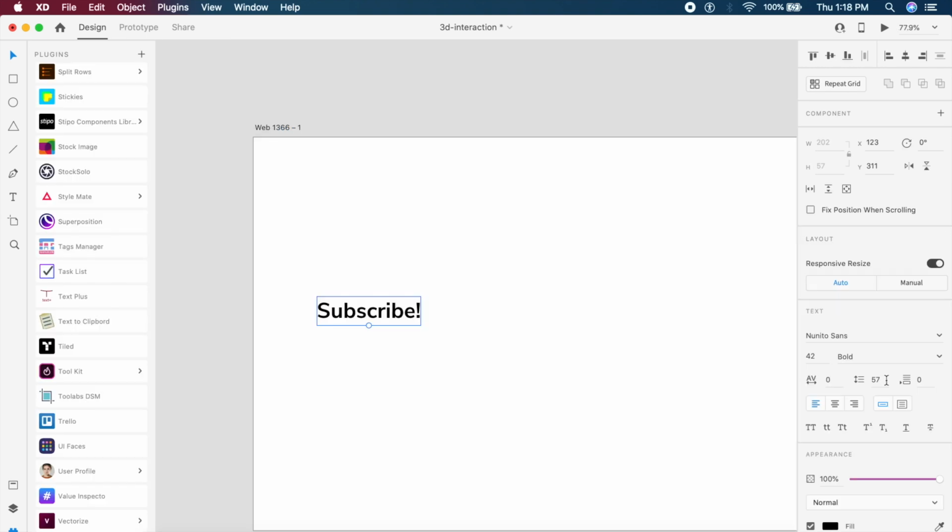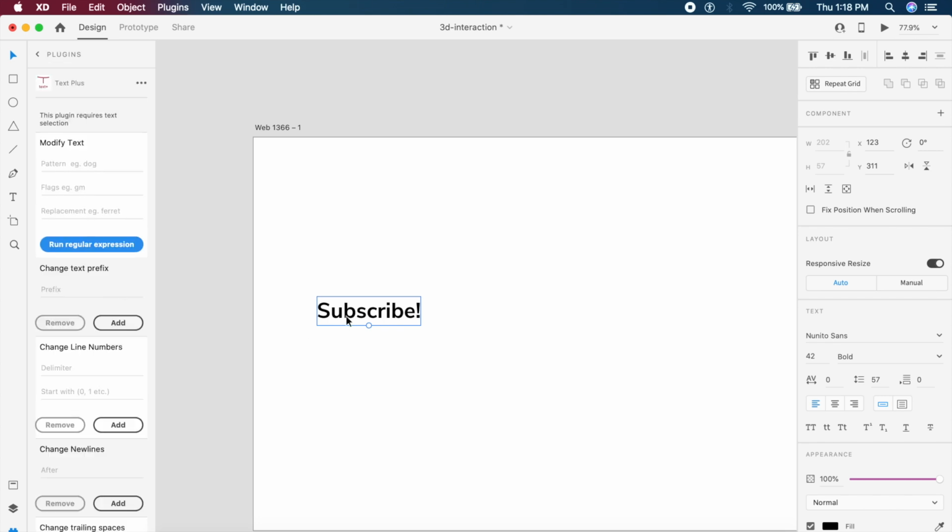Also, if I have an artboard selected, I can always click on this little icon here to zoom to that artboard itself. So as you can see, there is only a limited amount of options to edit your text right here, as in Adobe XD. But there is a plugin which allows you to expand these functionalities even more. So if I click on Text Plus, which is the plugin that we're using, it allows us to add and change different things to the text here and there.